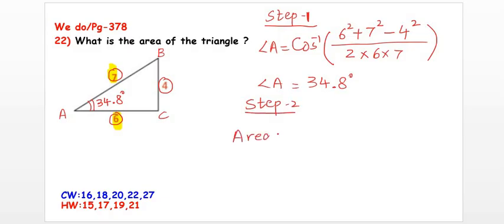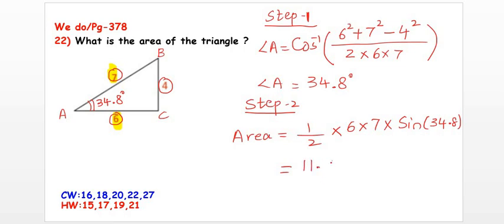We have to take the two sides in which the angle is included. So I have already highlighted those two sides. So it's 6 and 7 times it by sine 34.8 degrees, right? And put all of it on the calculator and it will give you the measurement of the